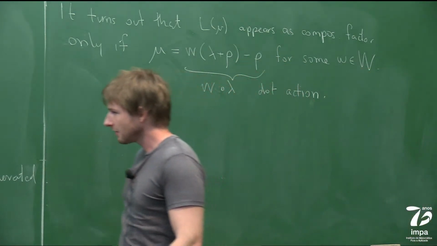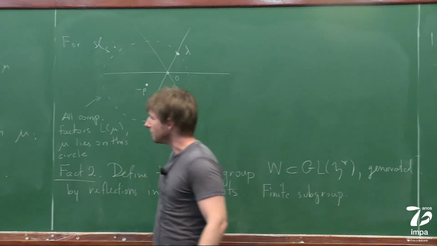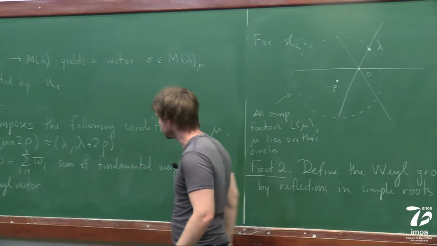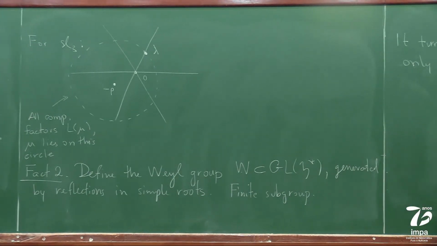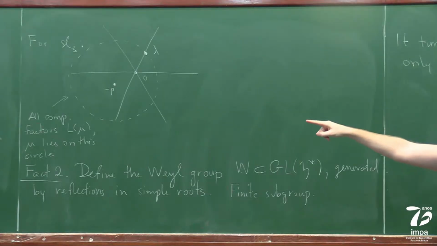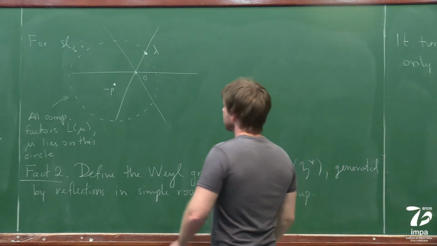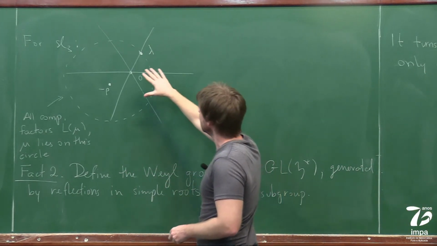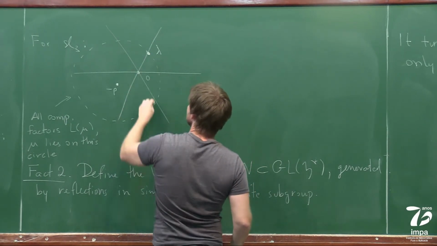These reflections preserve the inner product here, and so it's pretty clear that these shifted reflections are going to preserve that quantity, lambda times lambda plus 2 rho. And so in this case here, for example, this reflection,